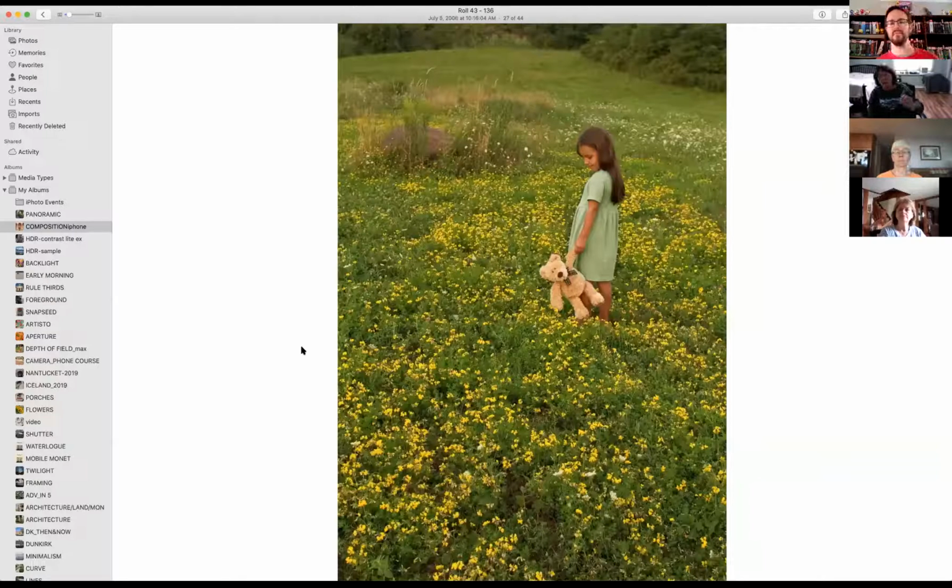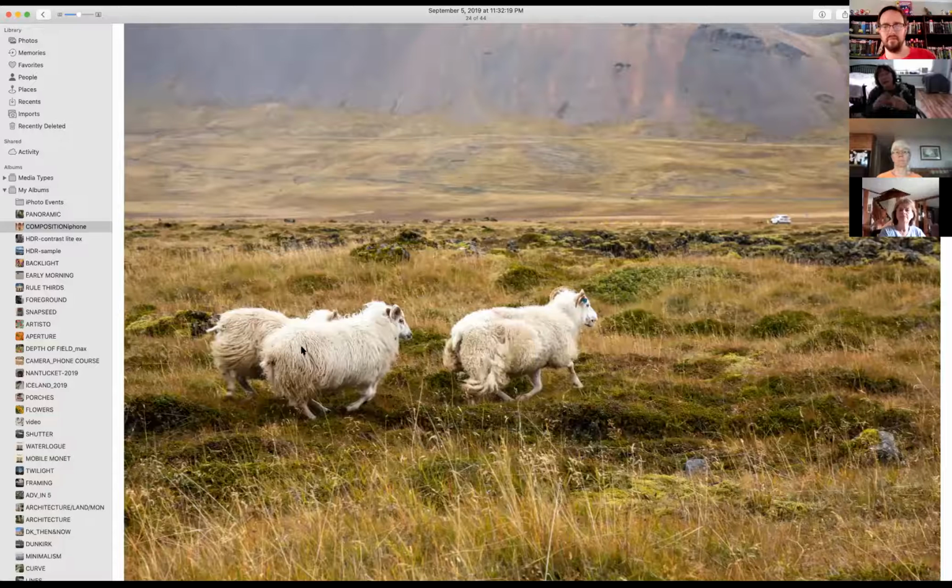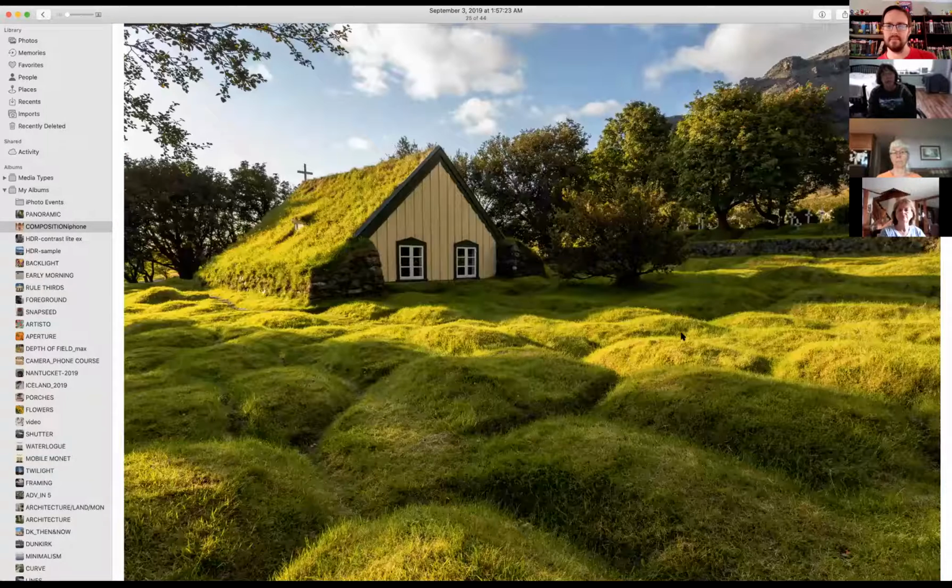And by the way, as a rule of thumb, try to get any living thing that's looking in a certain direction or moving in a certain direction to have more space in the direction to which it's running or looking. Otherwise, if you cut it off and the creature is right here, it appears as though they're going to bump right into the edge of the screen. So give it space. So again, here's this church in Iceland covered in moss and grass. Here is this little stubby lighthouse, also in Iceland. Again, rule of thirds. This little girl with her teddy bear,